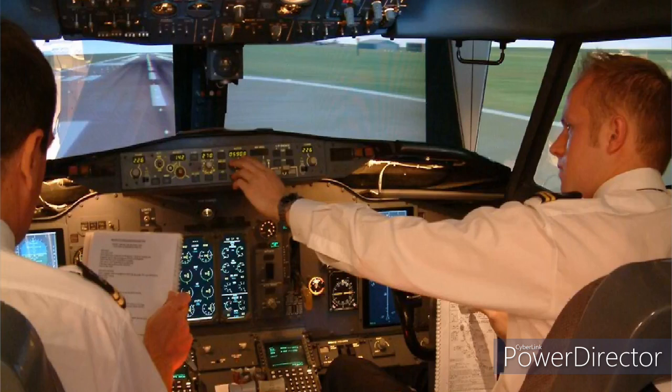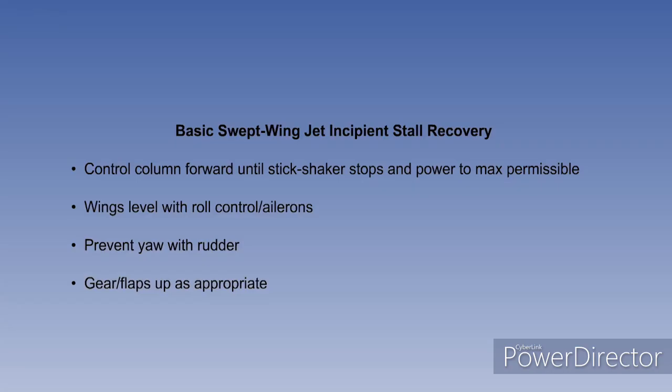During airline type conversion training on large aircraft, full stalls are not practiced except in flight simulators. To familiarize pilots with the characteristics of their aircraft, only the approach to the stall, down to stick shaker activation, is carried out. For jet aircraft with swept wings, there are no special considerations during the approach to the stall. At the stick shaker, either power on or power off, the aircraft can be recovered by moving the control column